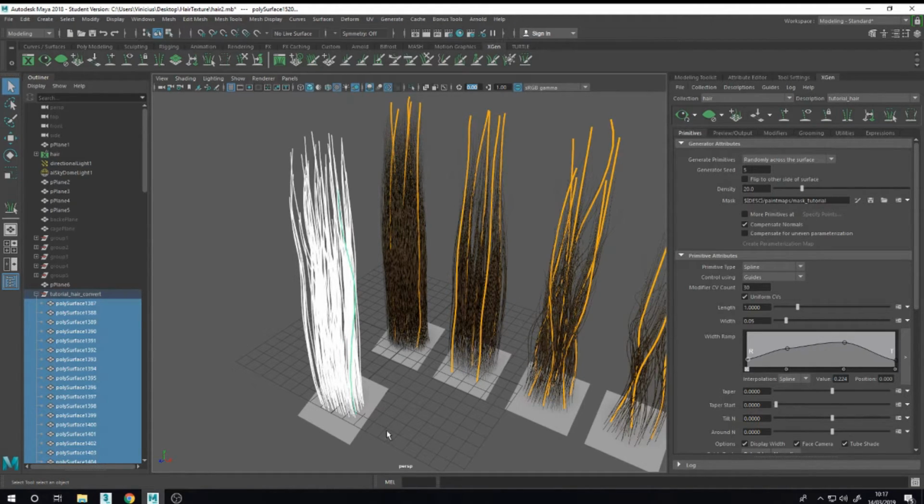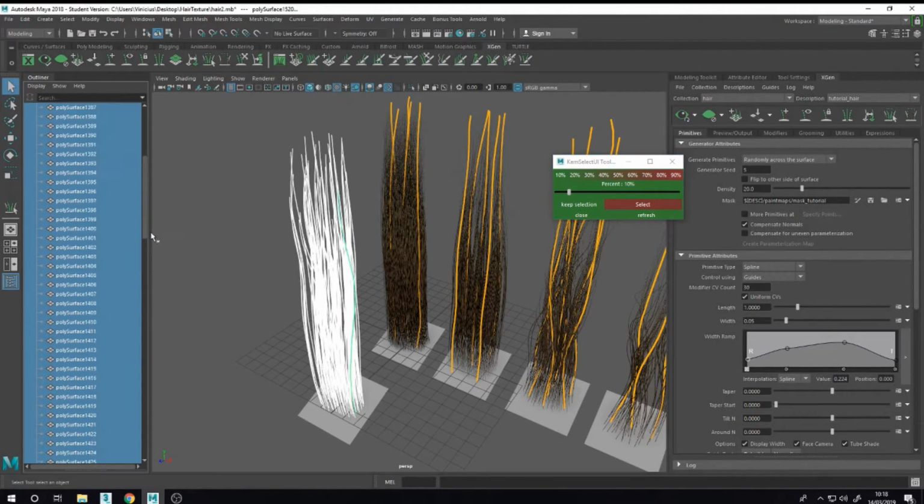Let me open the plugin, 1 minute. So here I open the plugin. The link is in the description. You just download and drag to the Maya window.